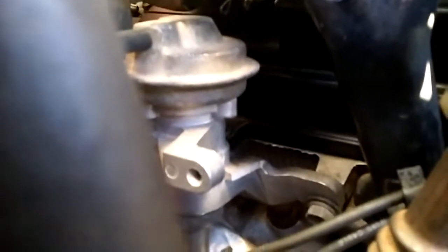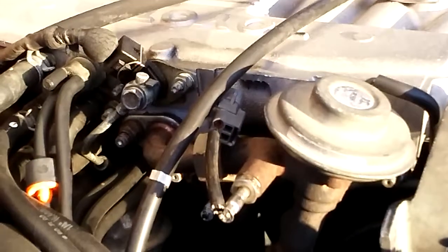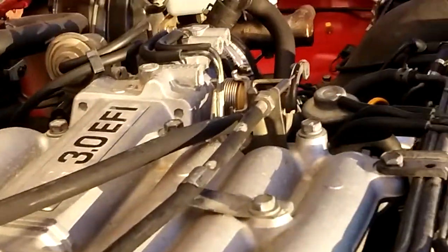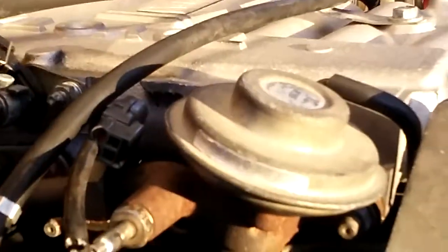I'm gonna zoom in so you can see where it is exactly. It's right there. This one. Yeah, it's way inside. You don't need to take off all the intake manifold to replace it. It's just an easy way to use the needle nose